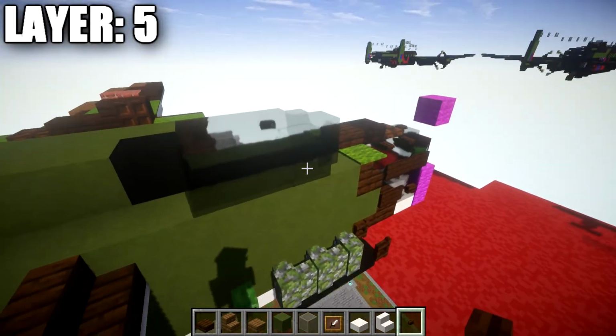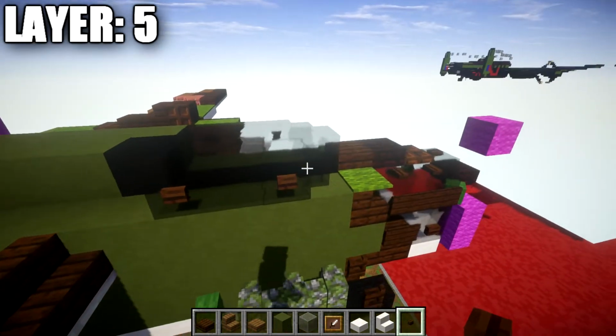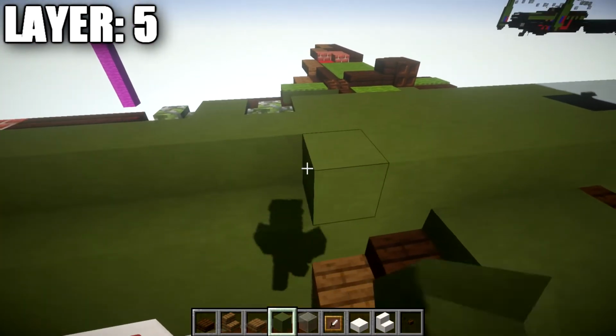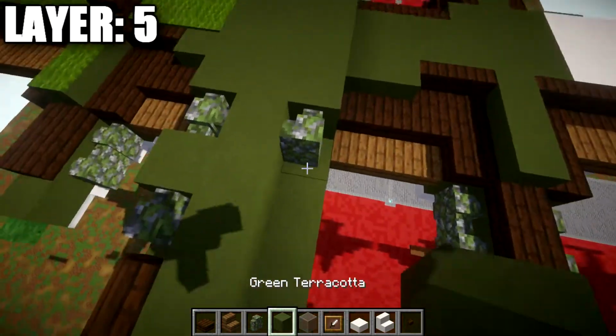We're going to go and place down a dark oak wood button on the first and third light gray stained glass block from the front there. We're going to go ahead and then take our green terracotta, place down a row of 1, 2, 3, 4, 5, 6, and 7. We're going to then place down a mossy cobblestone wall, followed by a green terracotta block,